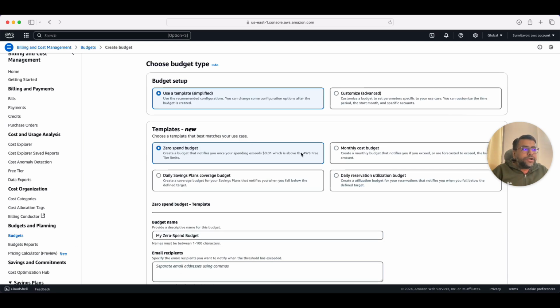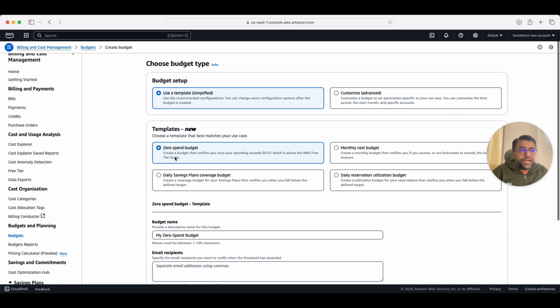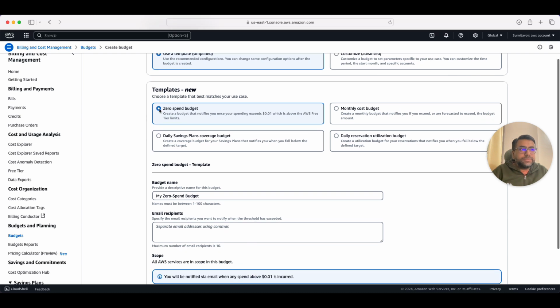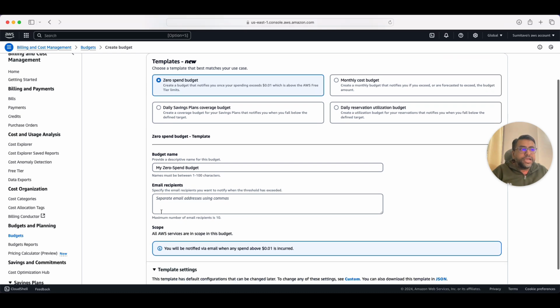And over here you have very simple options, which is basically a template. So say for example you don't want to spend even a single dime on any of these AWS services. You can create a zero spend budget. This budget typically notifies you when your spending exceeds $0.01, which is above the free tier limits. So what you need to do is keep this zero spend budget selected, and over